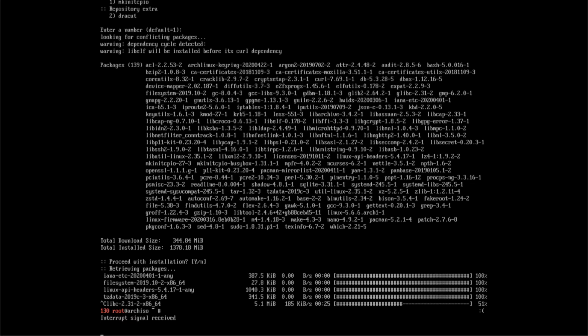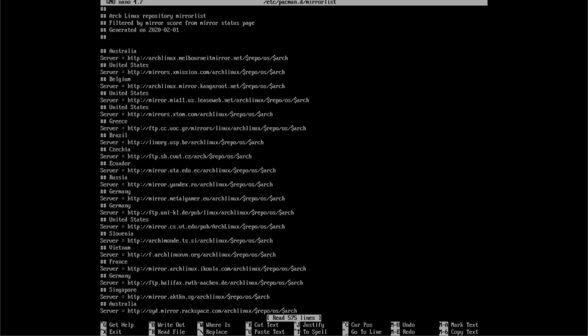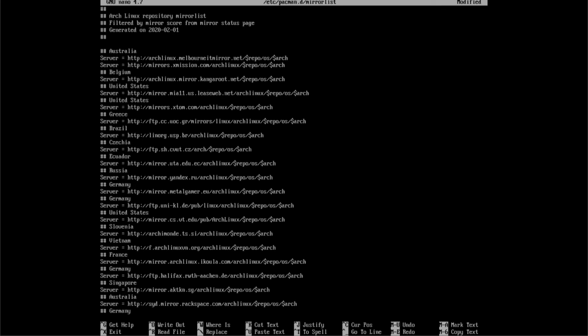But because we're getting such slow speeds, we need to fix it. So we can do a simple command of nano /etc/pacman.d/mirrorlist. And this is all of our Arch mirrors. So it looks like its first mirror is a server in Australia. That's not good for us because we live in the United States. So we want to...